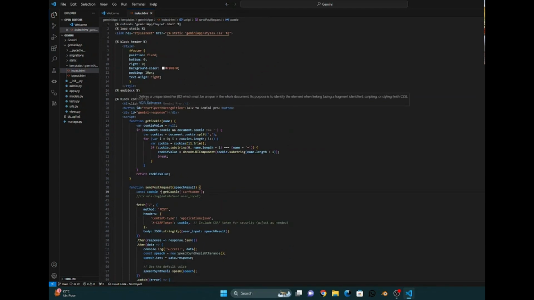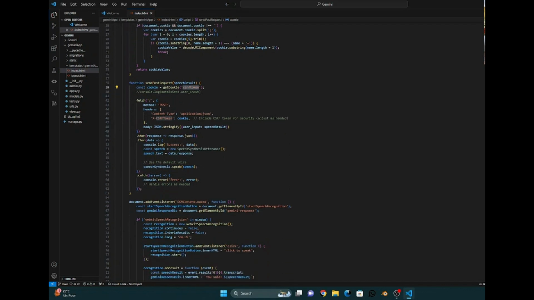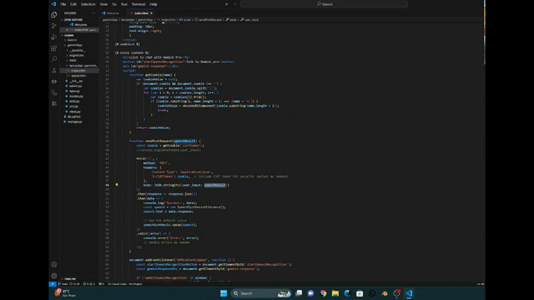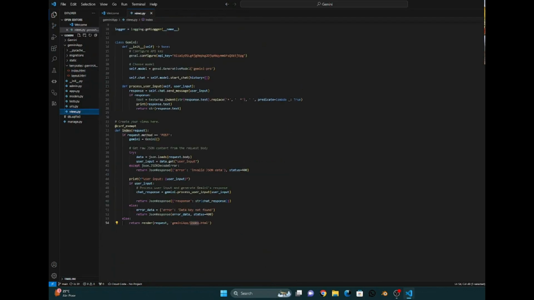I have a function here, get cookie, which gets the cookie with the name specified, and I got a CSRF token here, and then it's of course application/JSON, and here I just send JSON.stringify, user input is the name, and then speech result, the result of the speech input by the user, and then that is sent to the view, of course, and then it's a post